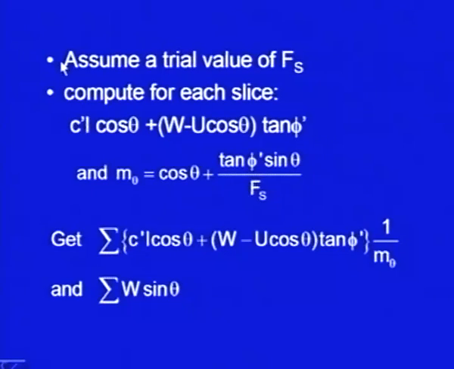Then what we do is we assume a trial value of F s. As I told you, we have to solve the problem iteratively. So, we start with a trial value of F s, and for each slice we compute this expression which comes in the numerator, C dash L cos theta plus W minus U cos theta tan phi dash, and also m theta equal to cos theta plus tan phi dash sin theta upon F s. Then we get